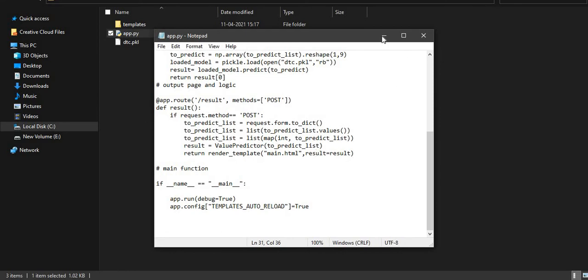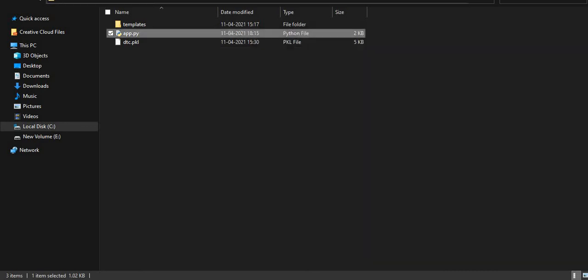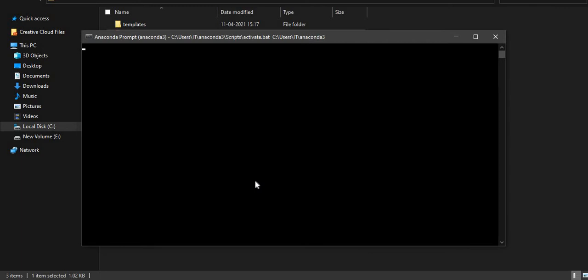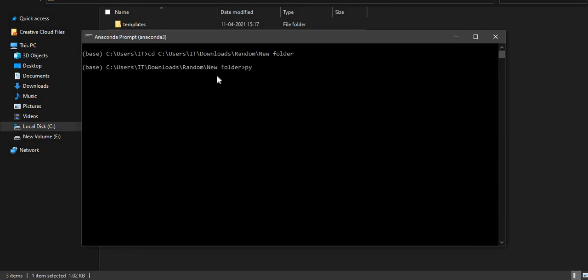And now let's run it. And how to run it? It's fairly simple. What you have to do is open Anaconda prompt. I'm doing it in Anaconda prompt, which is downloaded using Anaconda. You can search Google for Anaconda and download it. So what I'll do is I'll just call the library and then type py. For the latest Windows version it will be py, and for older versions maybe python app.py. Then it will run the file slowly.